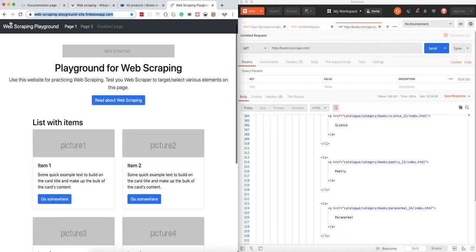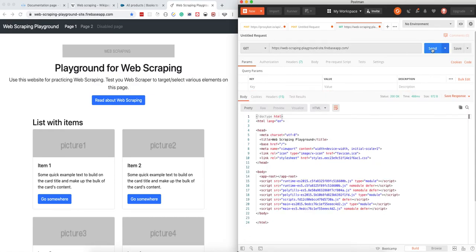There's also another web scraping playground, but it's built with Angular. If we send the request to this website, we'll get back only some links to scripts and no actual content. In this case you basically can't do web scraping because there is no HTML. For that case,